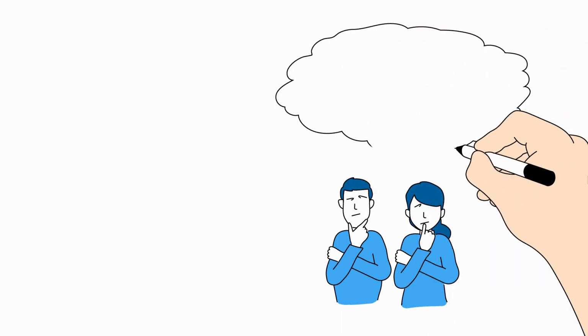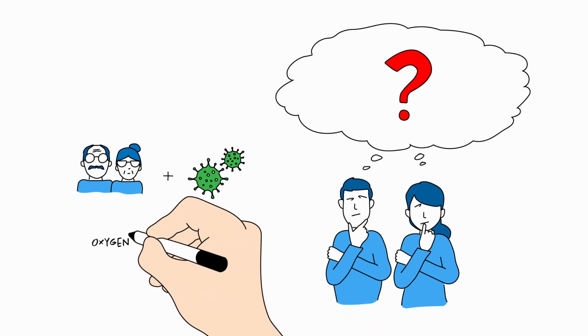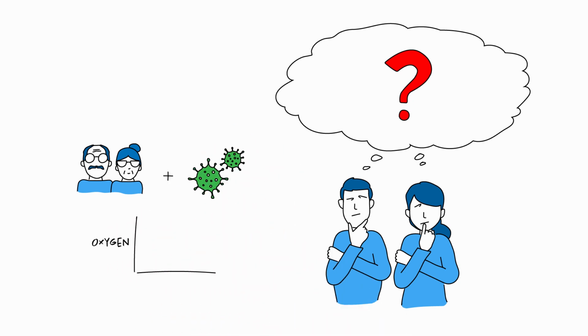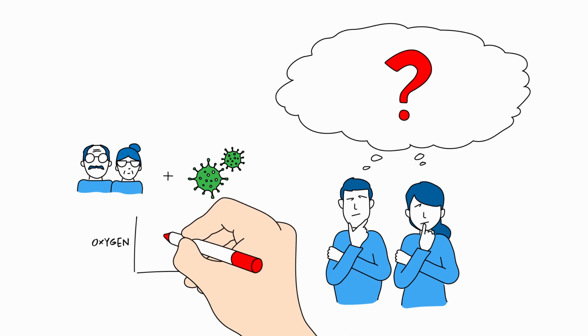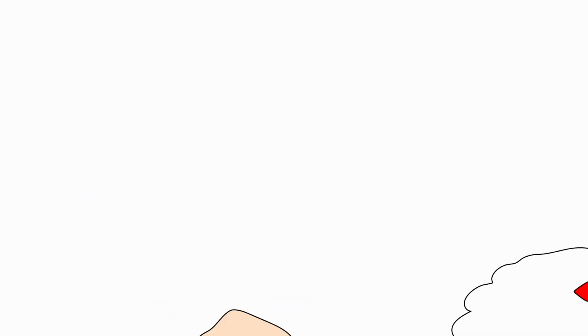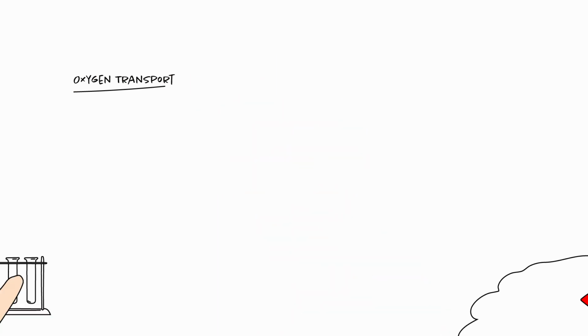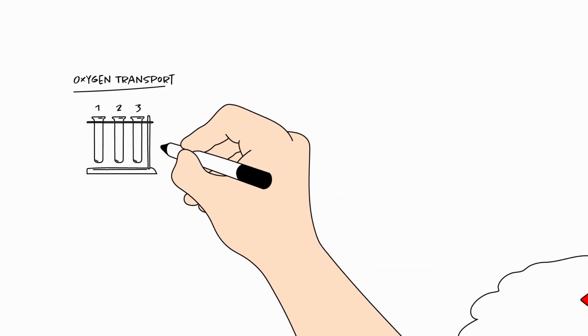The question we want to answer is why, with age and in many diseases, when we have enough oxygen in the air we breathe, and when red blood cells are full of oxygen, do we still develop oxygen deficiency in our body tissues? To understand this, we need to have a look at how oxygen is transported in the blood to our tissues. There are three pools of oxygen in the blood: